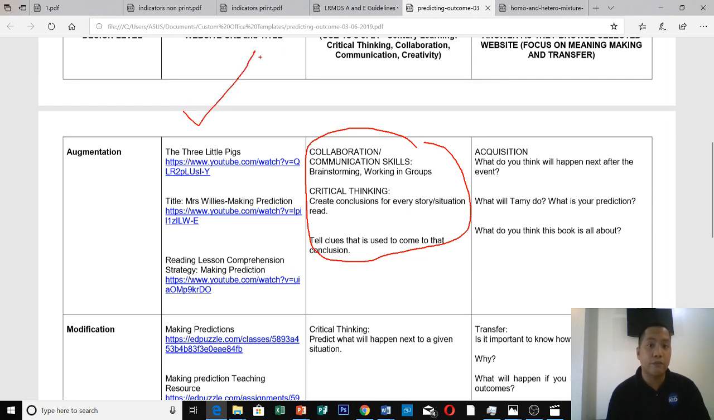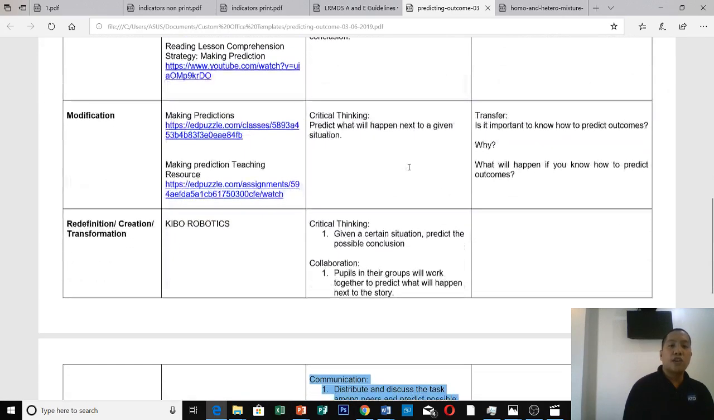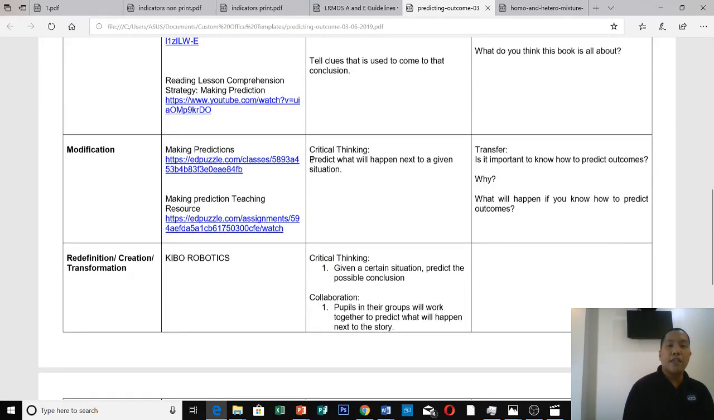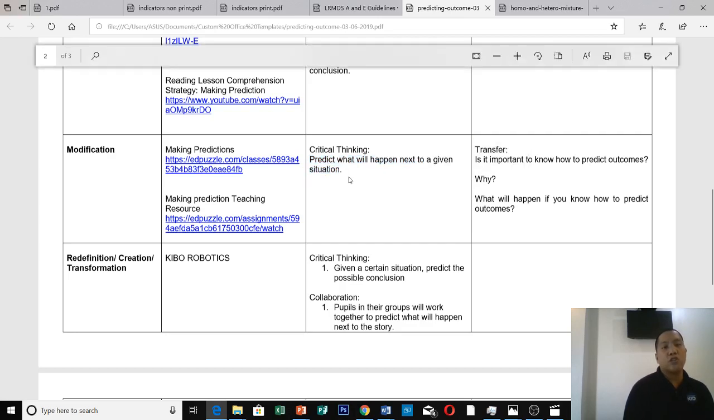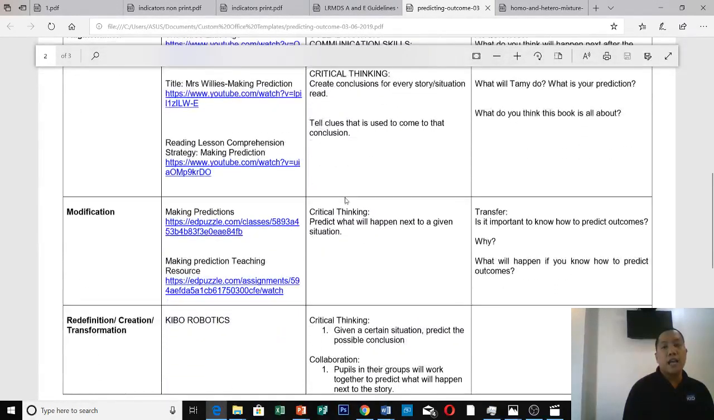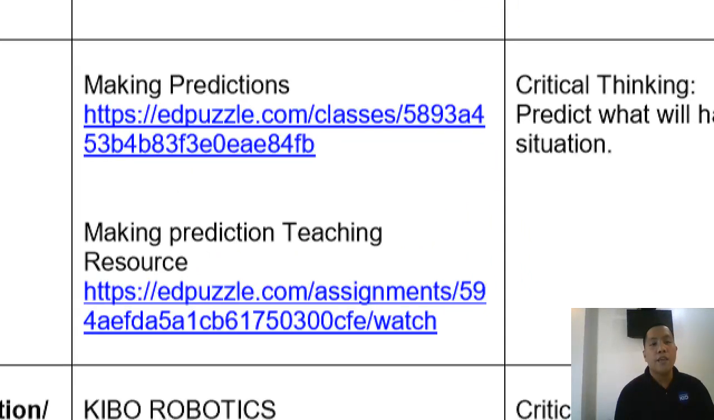technology resources. So for this, for collaboration and communication, magbe-brainstorm daw sila, working in groups, and then for critical thinking, create conclusion for every story, situation read or watched, and then tell clues that is used to come to that conclusion. So ayan po yung activity nila for augmentation. And then for modification, critical thinking, predict what will happen next to a given situation. So, yan naman po yung activity nila, utilizing of course these